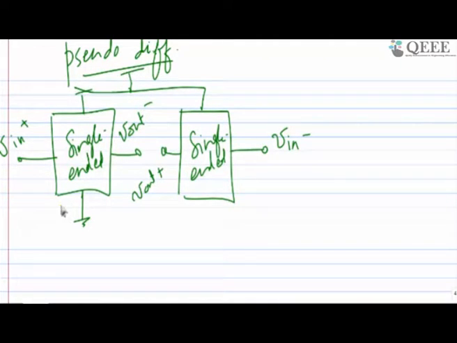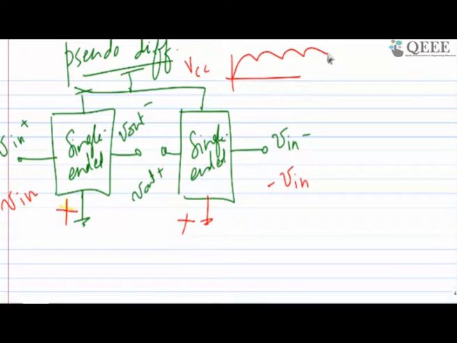So there is no relation between these two circuits. They are not interfering. But when you are giving the input, one input is V in, one input is minus V in. That's how it becomes a 180-degree phase shift. That's how it's removing even harmonics, and that's how it is removing common mode noise. And if there is some ripple available in VCC, that is also going to be removed, because it's the same common mode value which is coming here, and that can be removed. So this is what is done in pseudo differential.